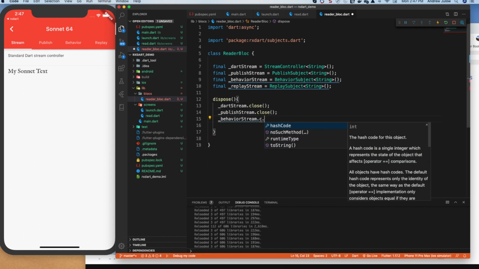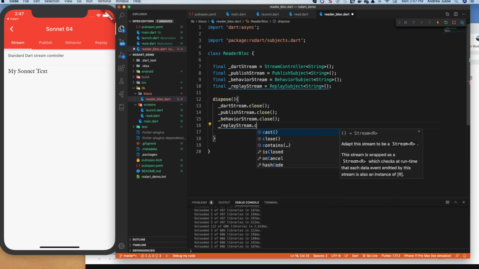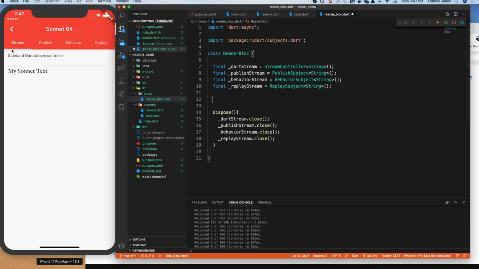Behavior stream.close. And replay. And we will call this from our launch widget, and we'll put it in our onDispose method. So when that widget is disposed of, it will also dispose of all of the streams that we have created in this block. Now, when we click